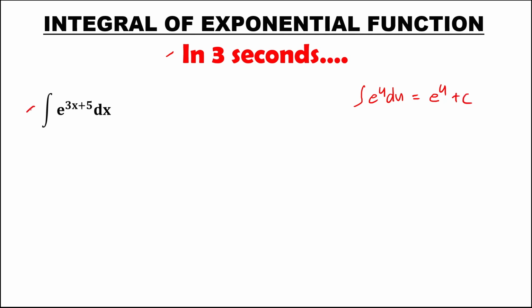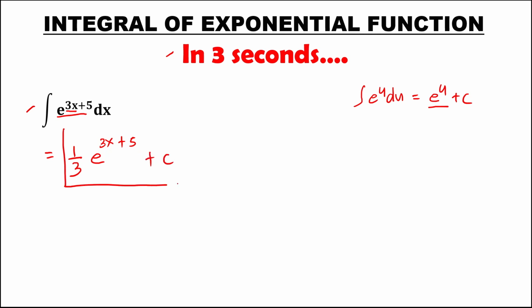For this given, using the shortcut method, since the derivative of 3x is 3, therefore this is equal to 1 over 3, then using this formula, e to the power 3x plus 5,